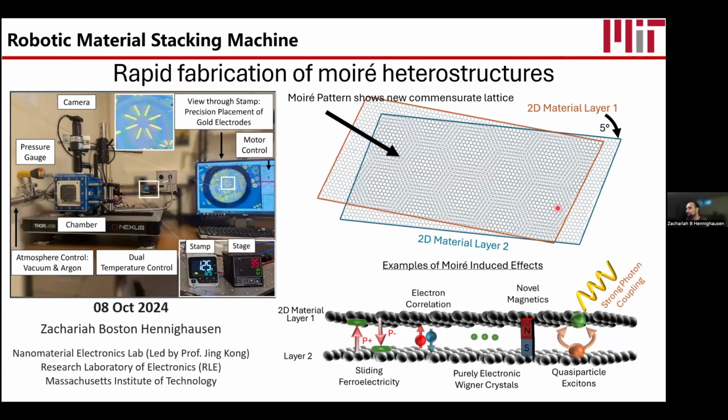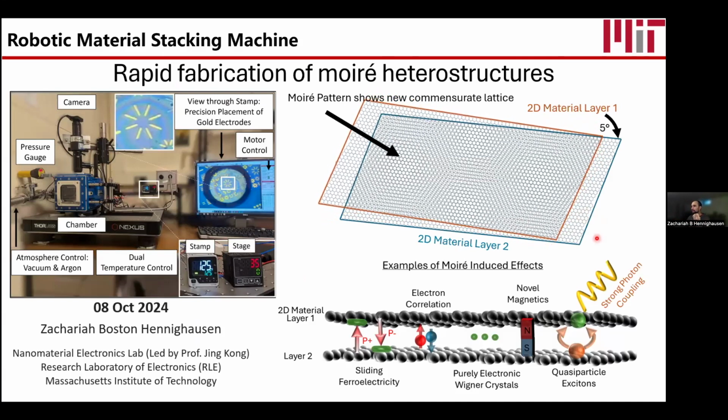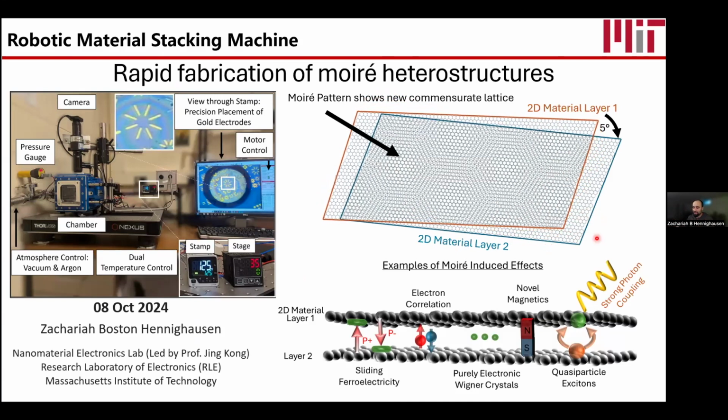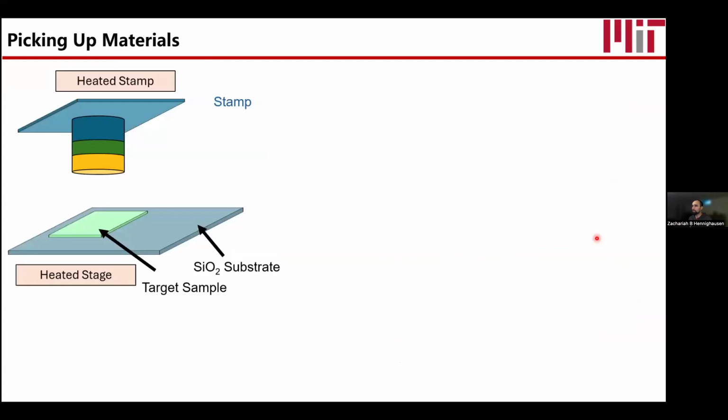But as it twists, you can see new moire patterns form. And so new lattices. And how can a lattice make such a difference? Well, think of diamond versus graphite. Both are chemically identical. Both only have carbon, yet they have different lattices and they have dramatically different properties. And the same thing sort of happens with the 2D materials. When we stack them, when we twist them, we can suss out very surprising properties.